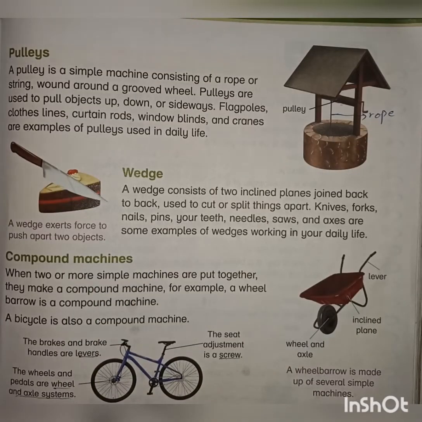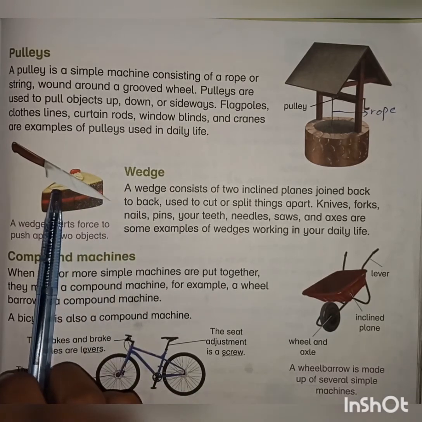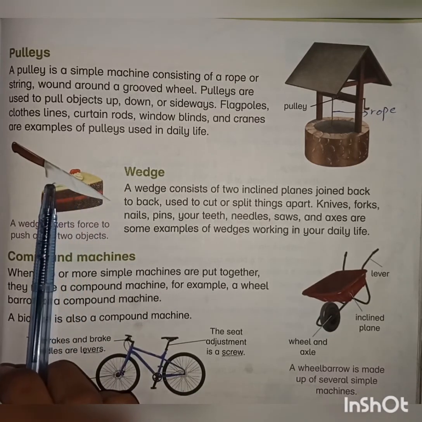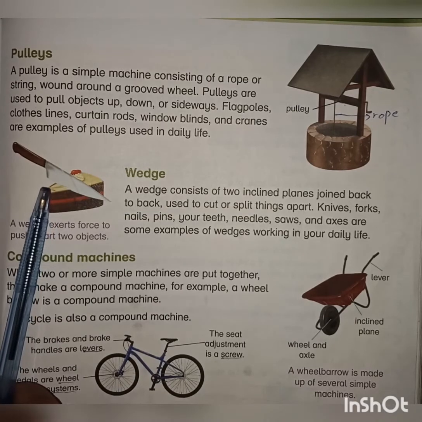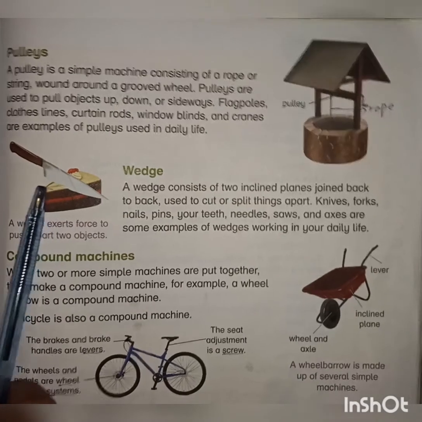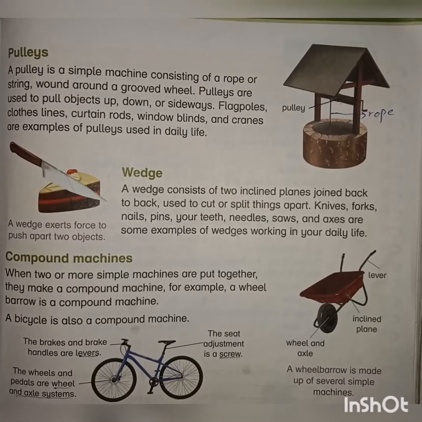What is a wedge? A wedge is a triangular shaped tool. This is a triangular shape. A wedge is a portable inclined plane, one of the 6 classical simple machines. A wedge consists of inclined plane. Inclined plane means it has a plane surface. It can be used to separate 2 objects or a portion of an object. It can also be used to lift up an object or hold an object in place.